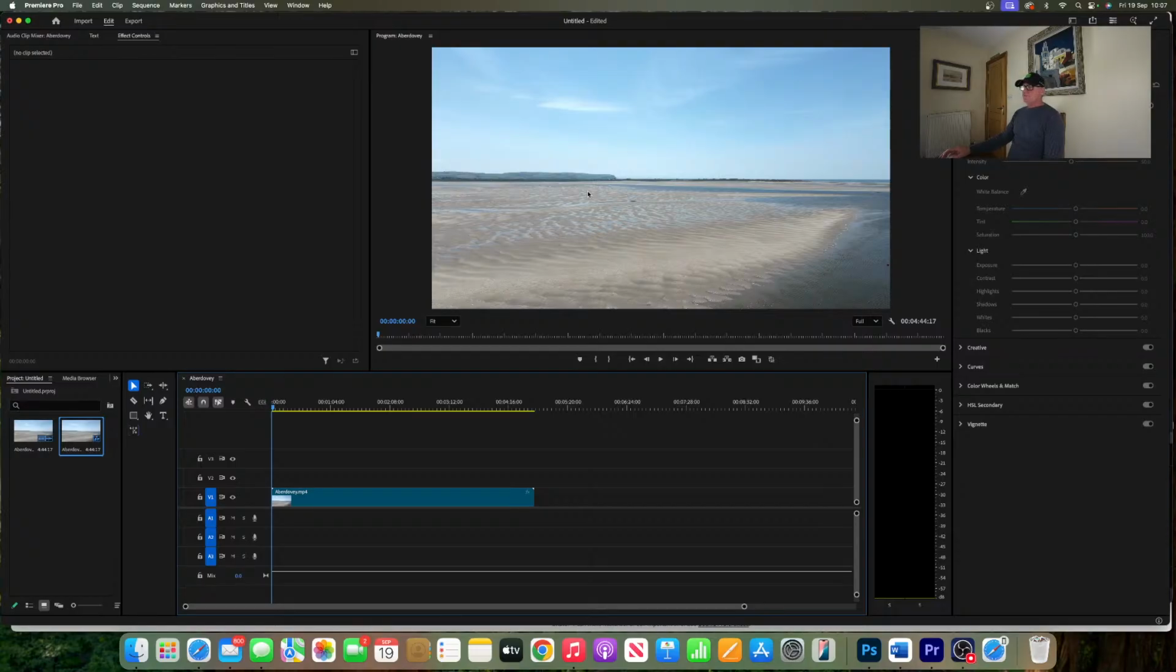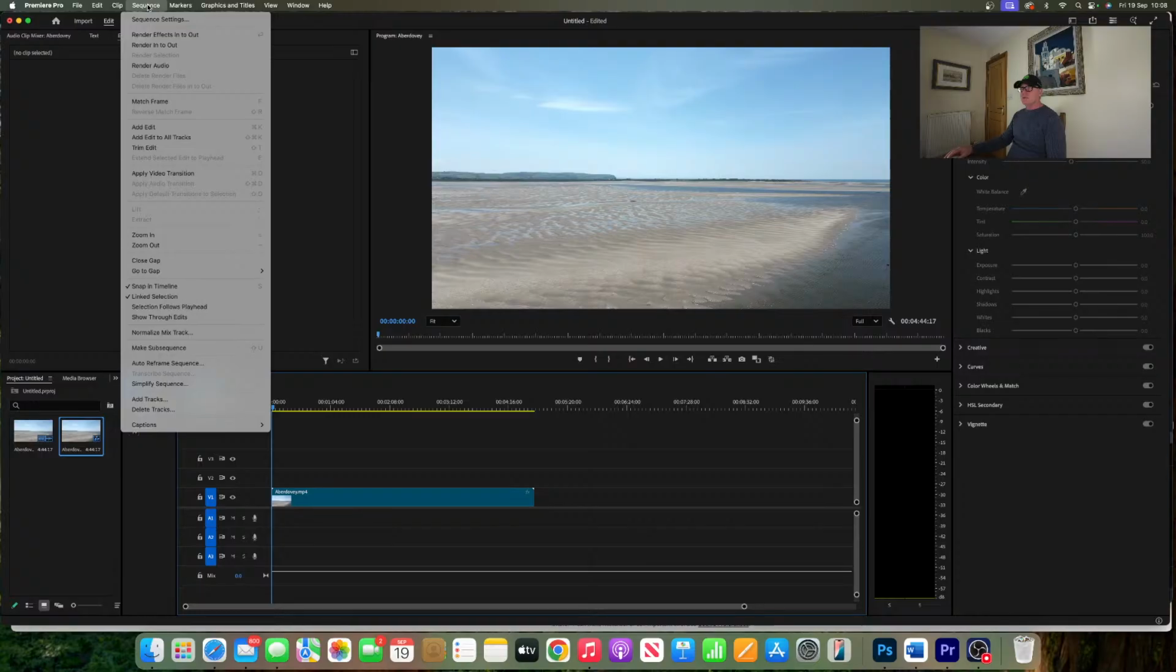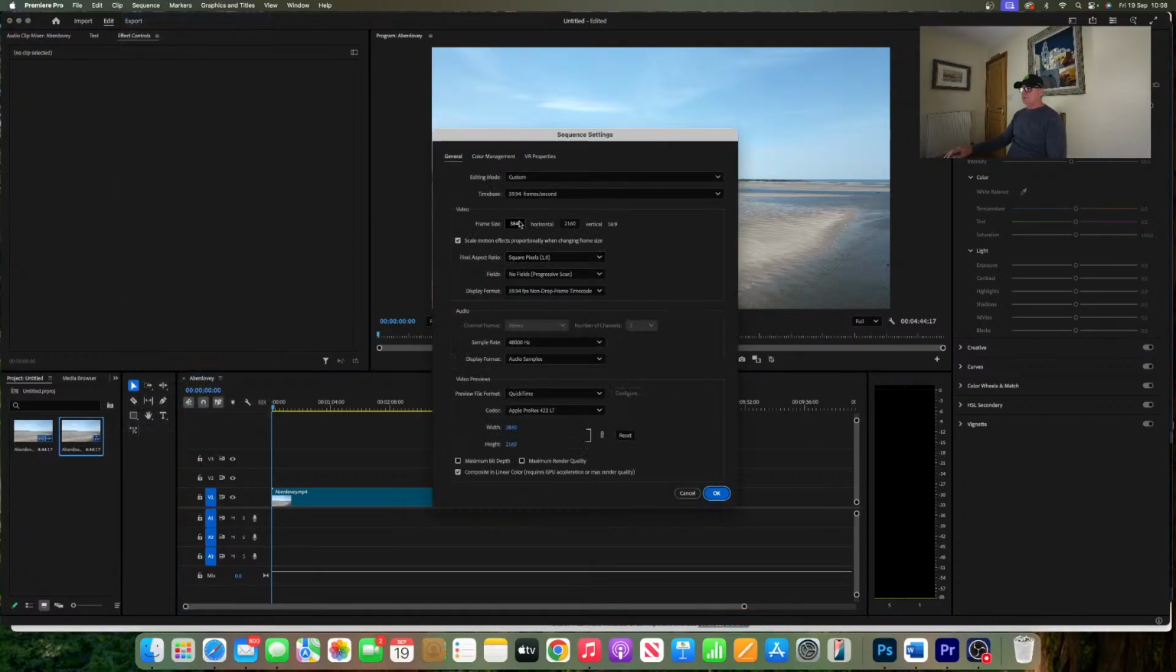So to create a short for your phones or your short feeds like TikTok and things like that, you'll have to change the sequence settings because this is too large unless you want to turn your phone on its side. So what you need to do, you need to go to sequence settings at the top here. You get this window pop up. In the frame size, you need to